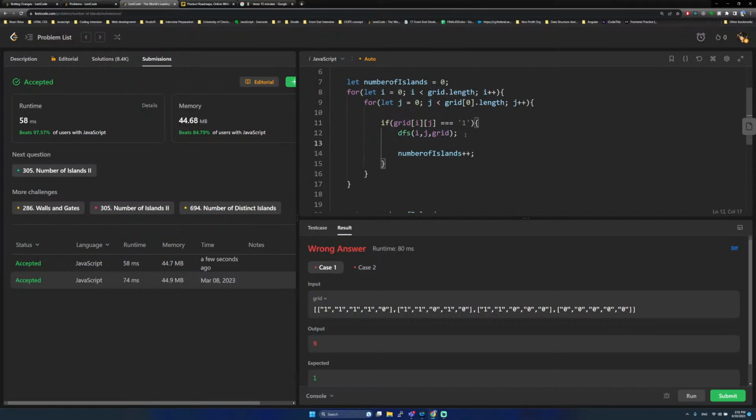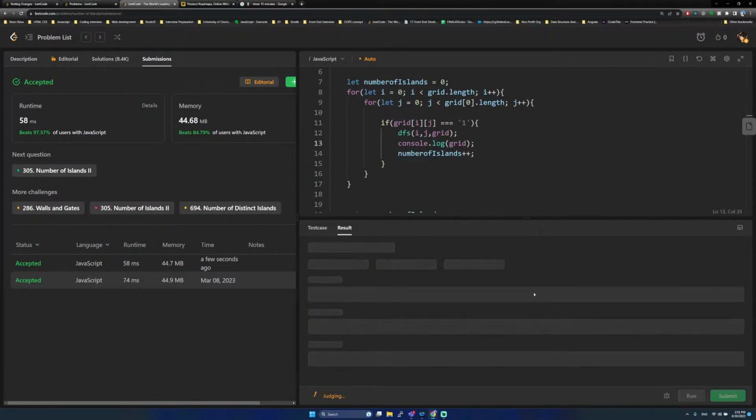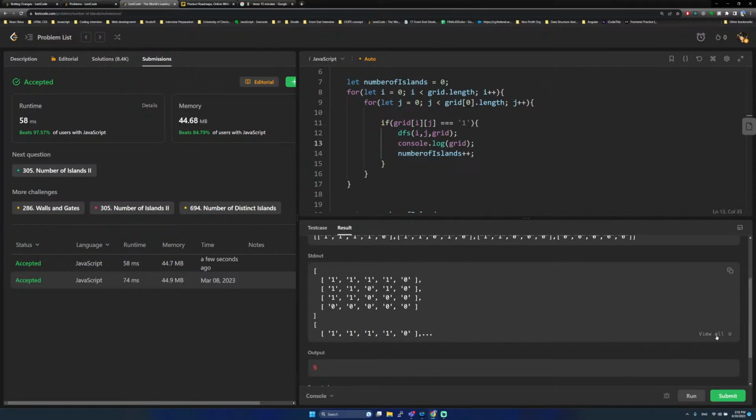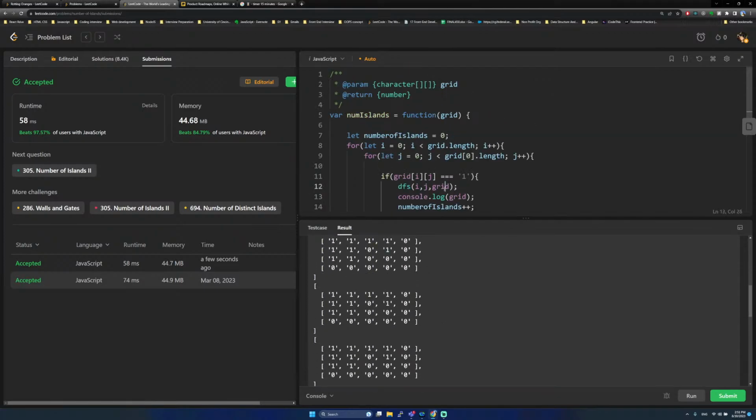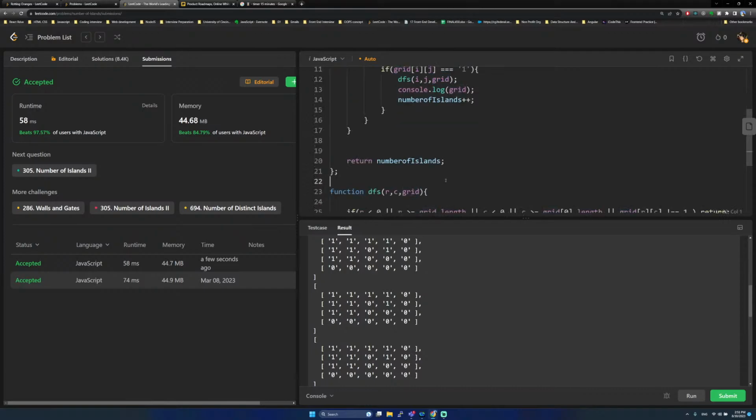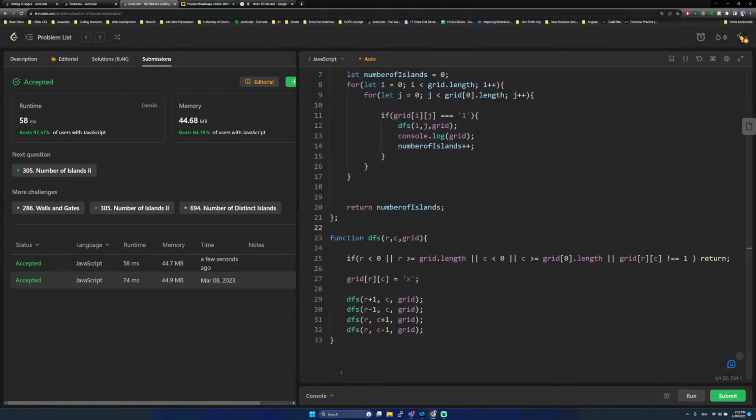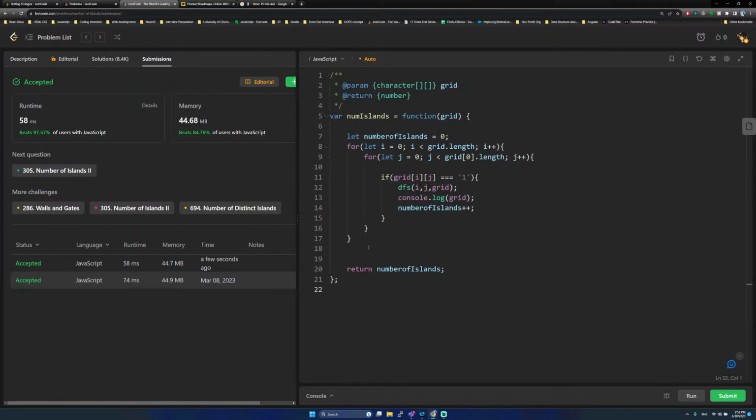So let's see if console log grid here. Let's see if the grid value changes. No, it's not changing at all. So even if we are passing the grid, control Y doesn't change anything. So yeah, let's jump back to the earlier implementation where we had this guy inside here,